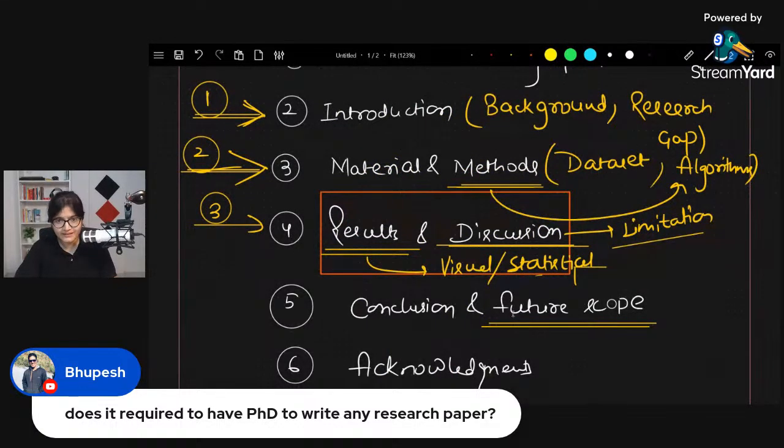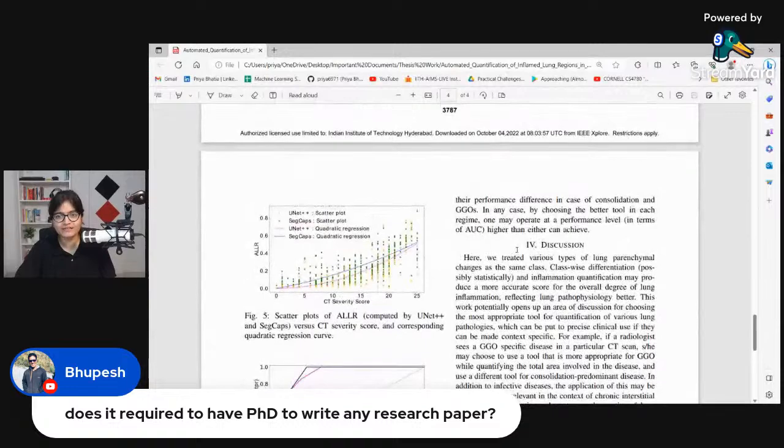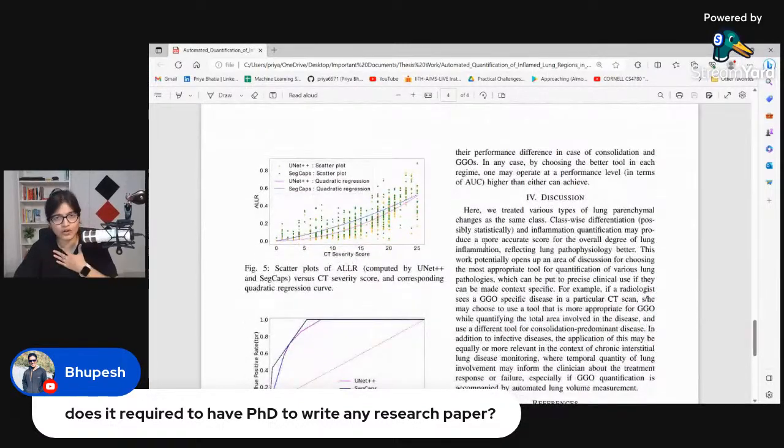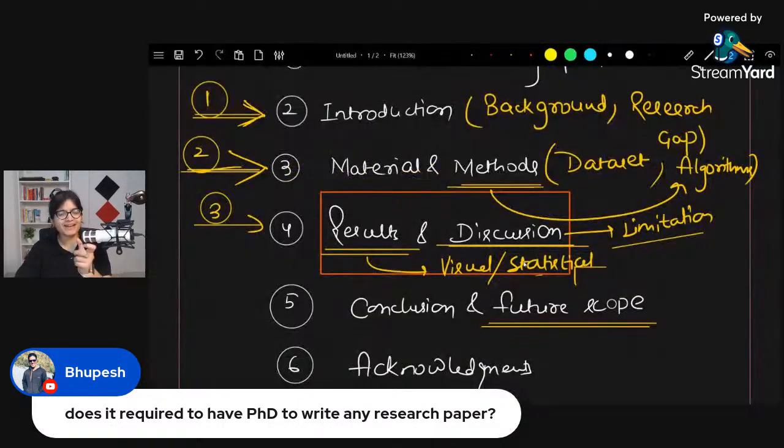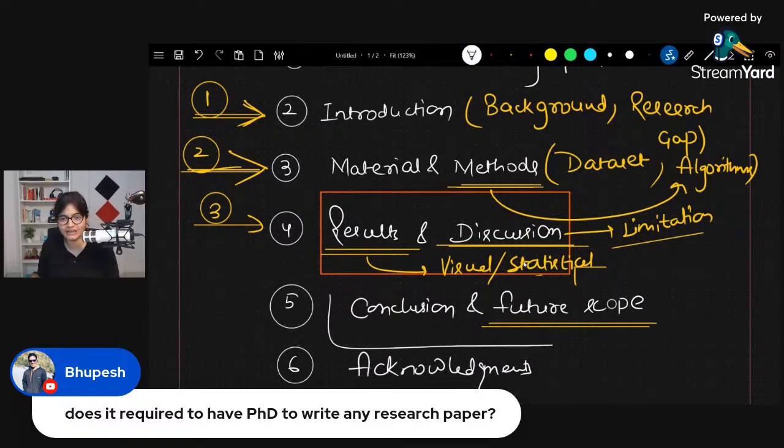So here in this part itself, I have made further in the discussion, I have made the conclusions as well. But you can make a separate section where you can write a conclusion and you can write a future scope. So let's say you can say that I have done a research so far this much, but still in future anyone can pick from this particular part and try to do their own research.